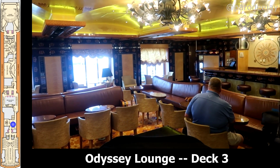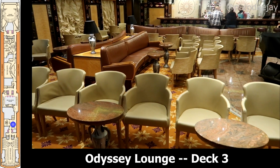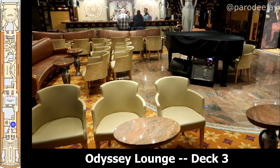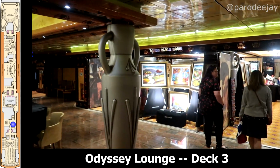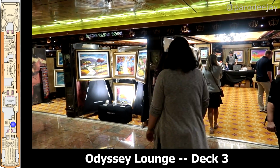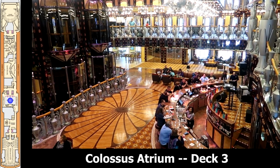Now moving forward from the restaurant on Deck 3, you come to the Odyssey Lounge, which is another little lounge. I don't know that we saw it used for that much, but presumably some stuff happens here. And then just off of that, you have the room over to the side that they use for the art auctions and various things. Moving forward again to the